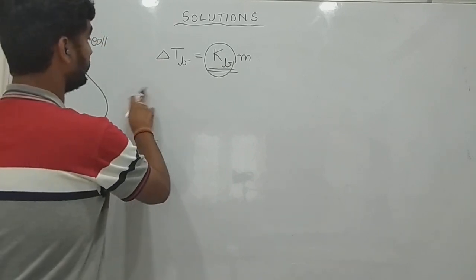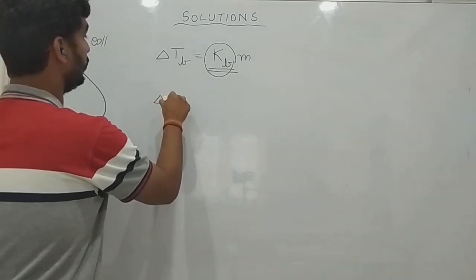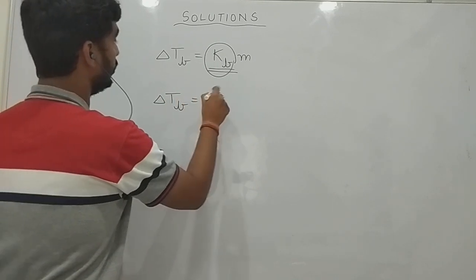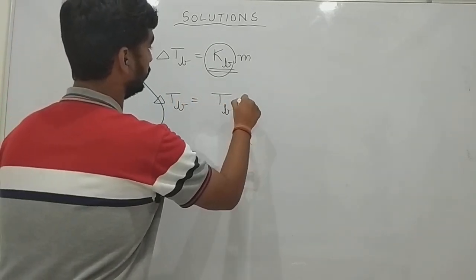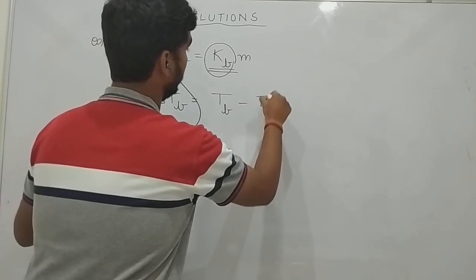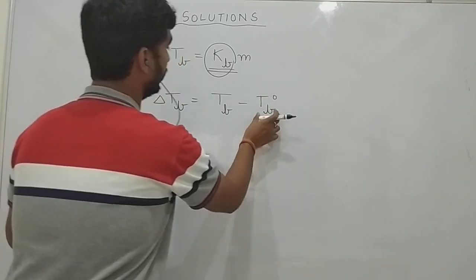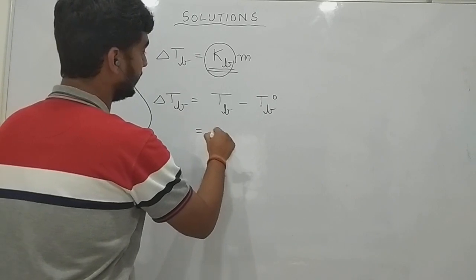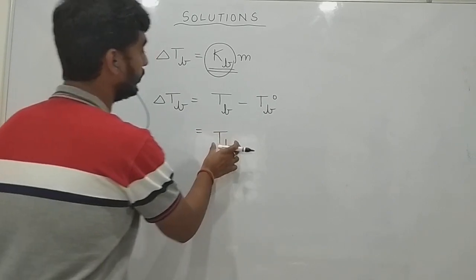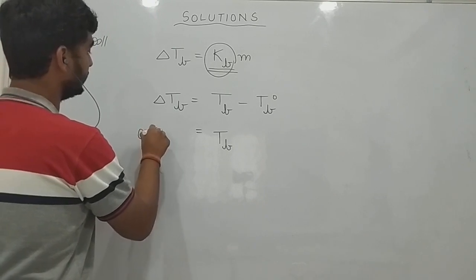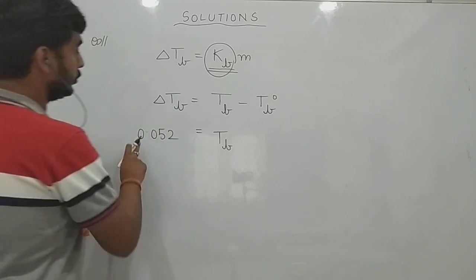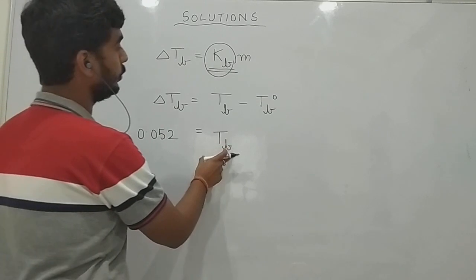So delta TB is equal to the boiling point of solution minus TB naught, that is the boiling point of solvent. We have to find TB, the boiling point of solution. Delta TB we have calculated, that is 0.052. So 0.052 is equal to TB minus